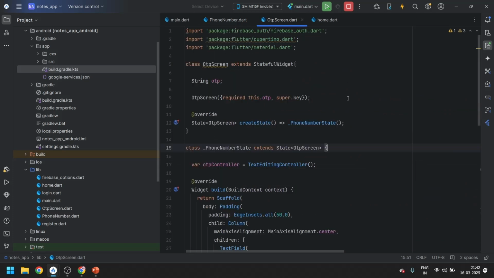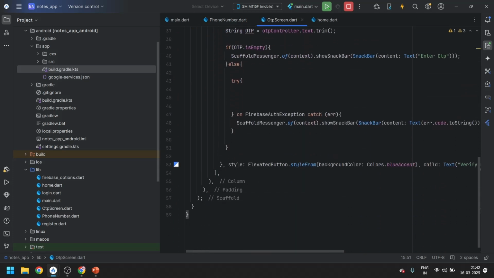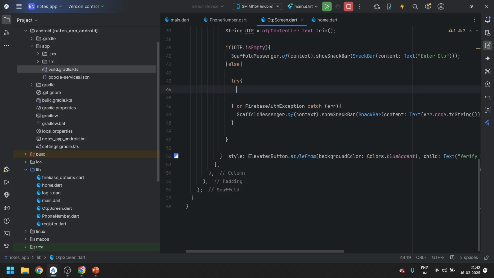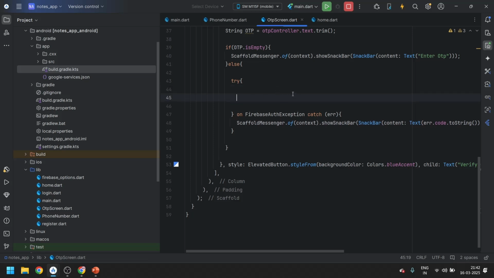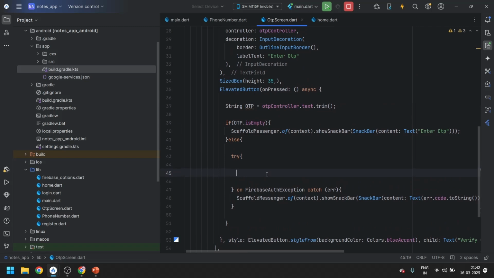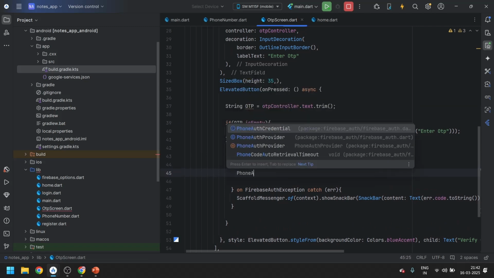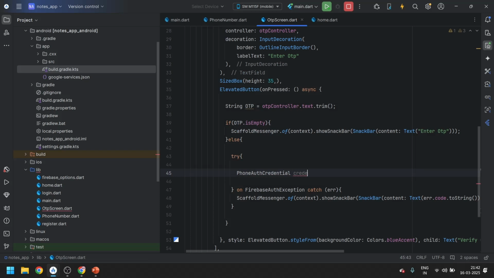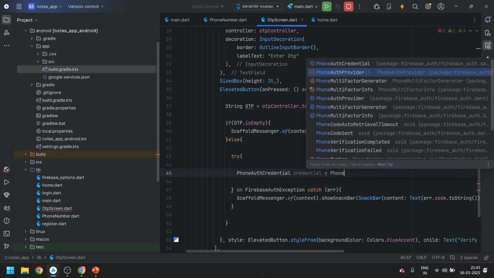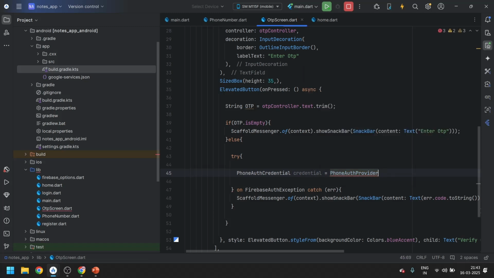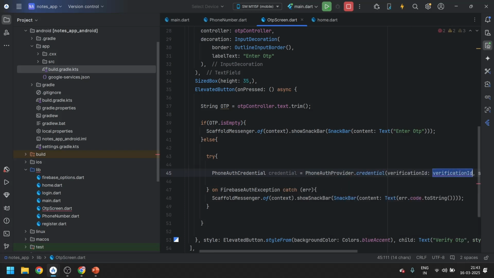So now go to the OTP screen over here. On the click of the button, what are we going to try? We are going to use phone auth credential and make a variable called credentials. And we will write PhoneAuthProvider.credential.